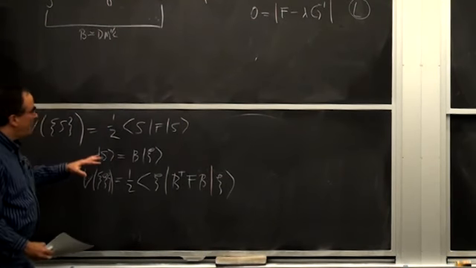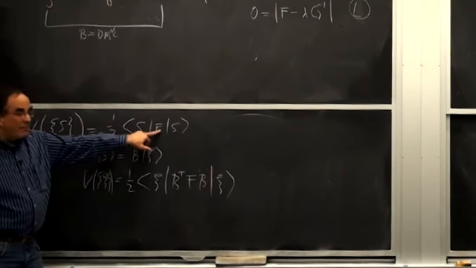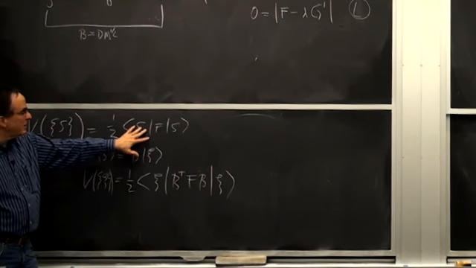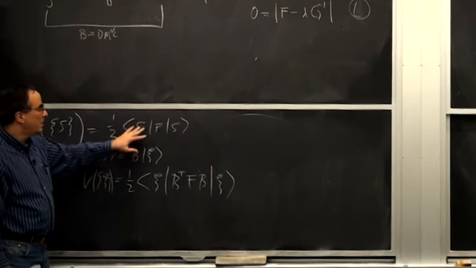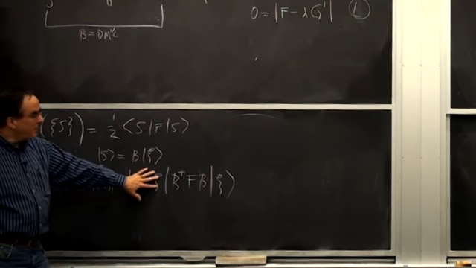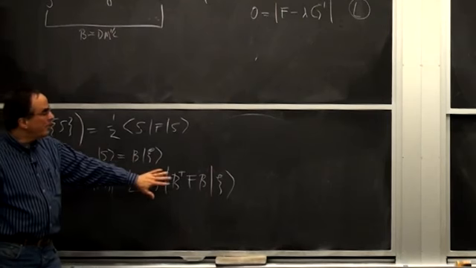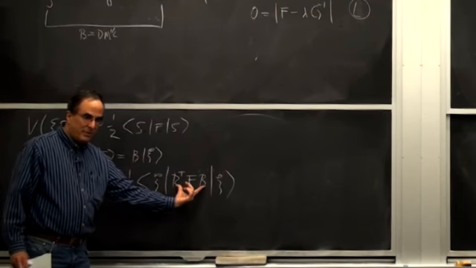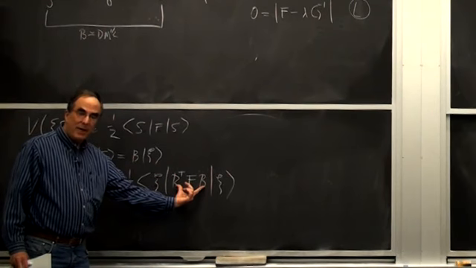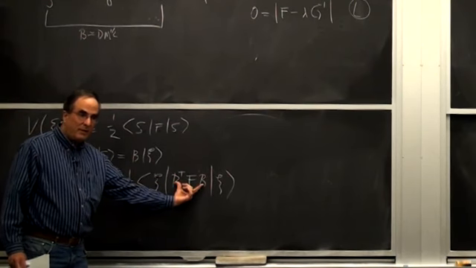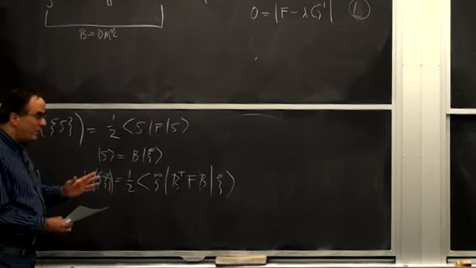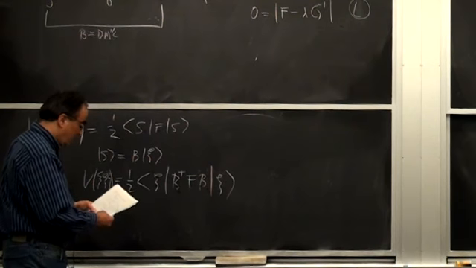Now, an important thing. The F matrix is 3n minus 6 by 3n minus 6 dimensional. This is 3n dimensional. This B matrix is not a square matrix. Doesn't matter. We can still evaluate this matrix product, but that's a caution, and that is also